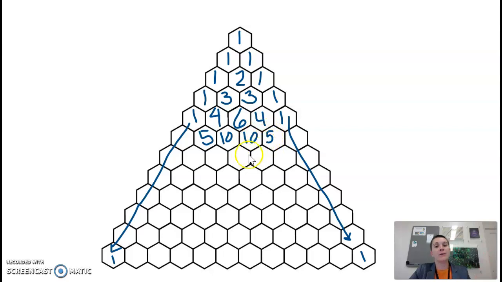And herein emerges our second pattern, which is that Pascal's triangle is symmetric. So as you can see here, on our even numbered rows, which would be 2 and 4 and 6 and so on, we basically have a pattern that repeats itself backwards, right? So for example, in row 6, we go 1, 5, 10, then we go 10, 5, 1. And so that's symmetric. Basically, if you draw a line down the middle of this triangle, we will have symmetry